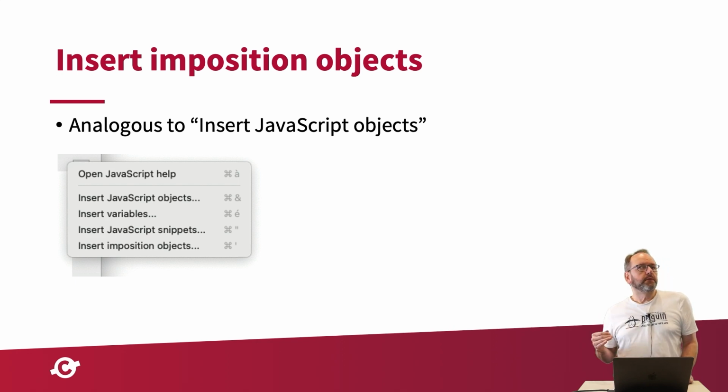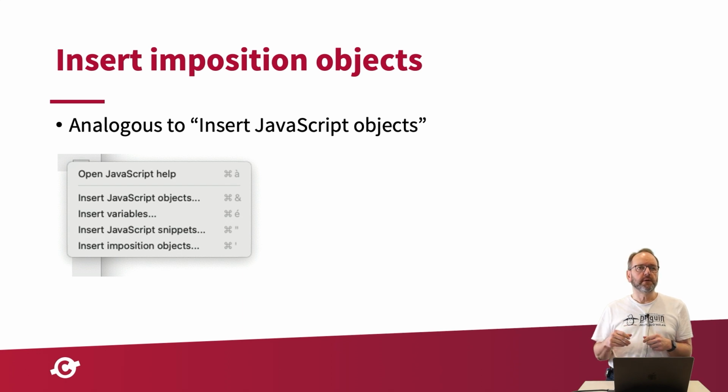For a while now, if you wrote JavaScript in pdfToolbox, there was a way to insert JavaScript objects and JavaScript snippets, and that is still the case. So these JavaScript objects bring up a dialog box, and there you have the list of all of the objects that pdfToolbox inserts into the JavaScript world. You have the app object and the app.doc object that represents the document, and so on. You also had JavaScript snippets, where you have some examples of JavaScript structures and where you can also put your